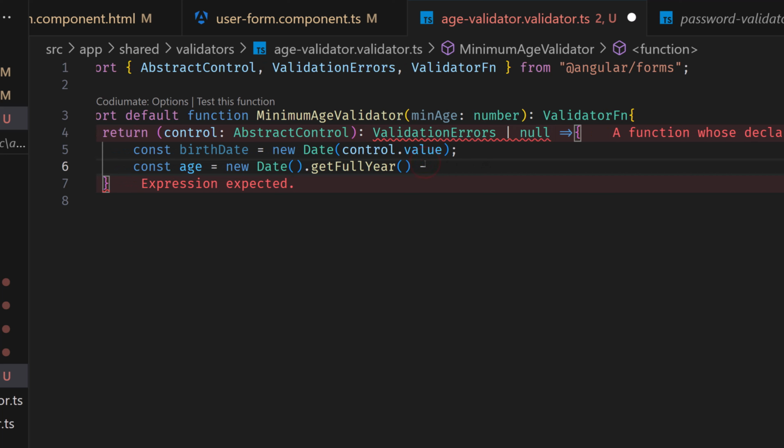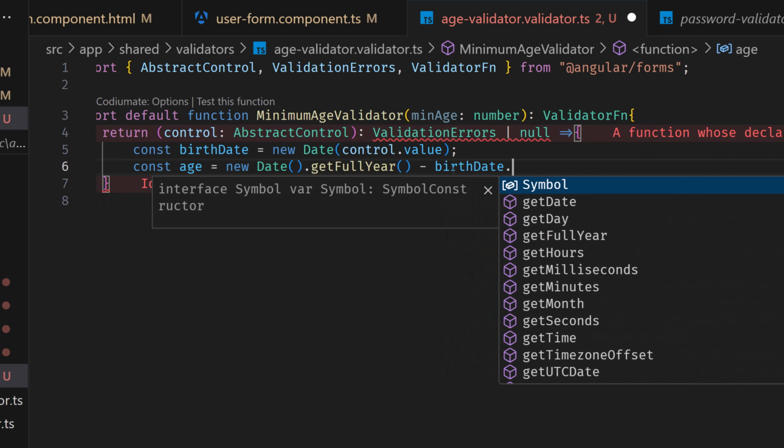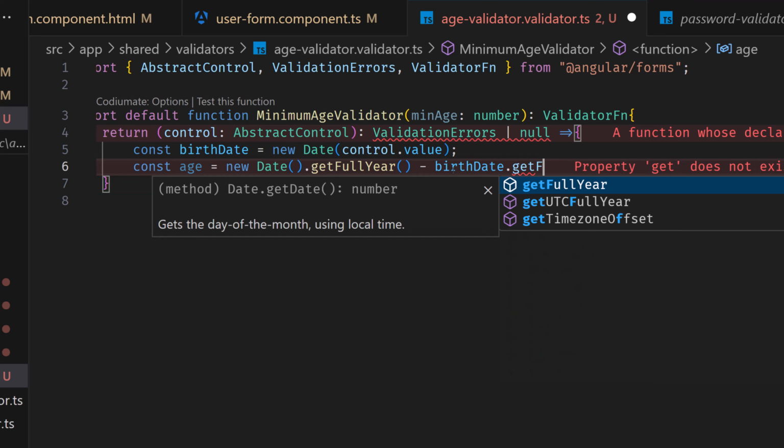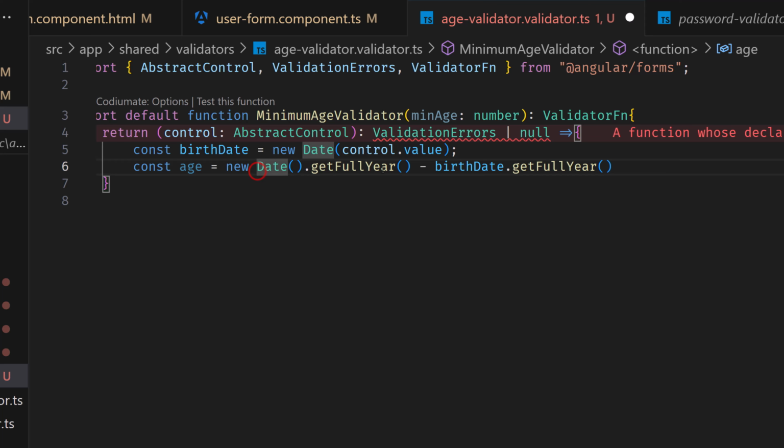remove the past. We're gonna subtract the current birth date here. So the birth date, as we converted it into the date object, we're gonna just get the full year as well. So now we are just subtracting numbers here. So we're getting, for example, 2024 and the year that user selected here. And now return